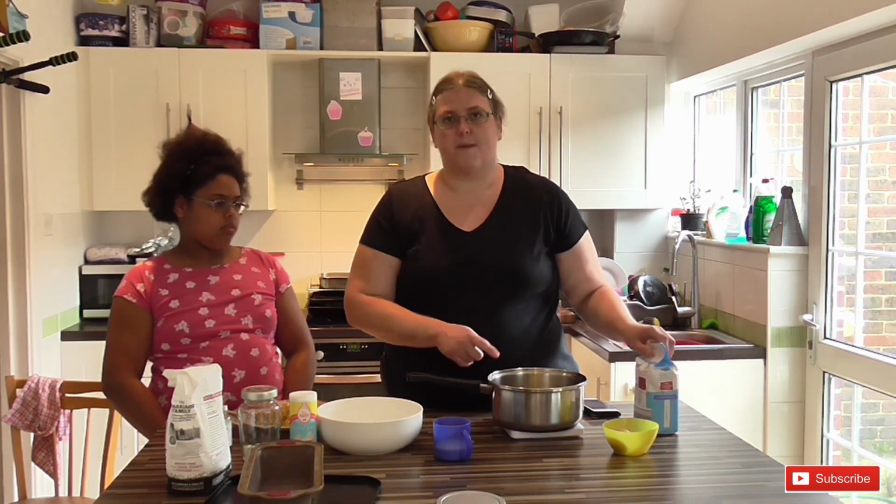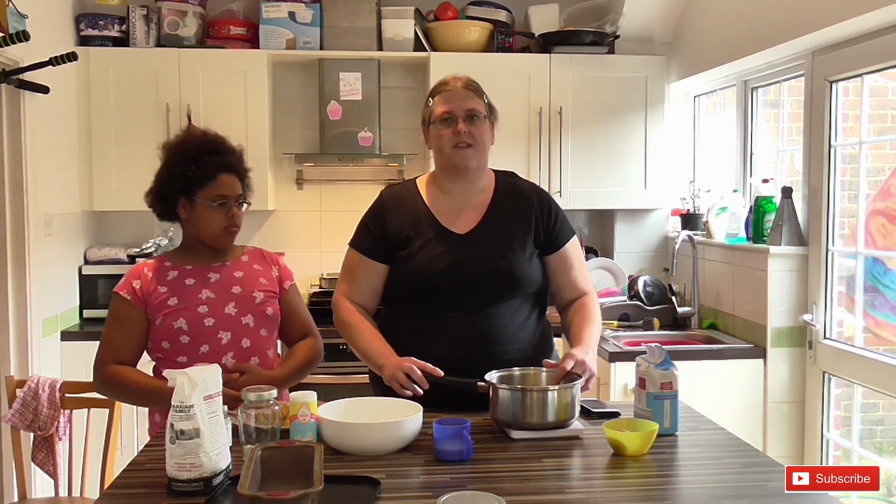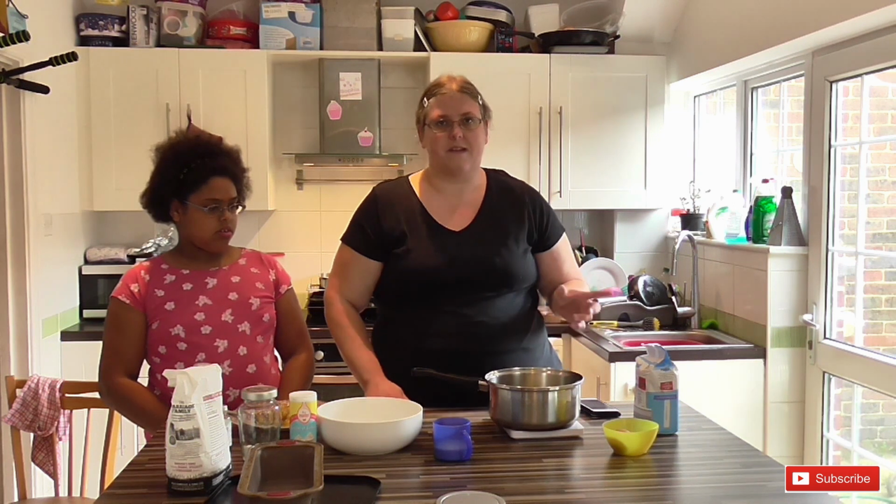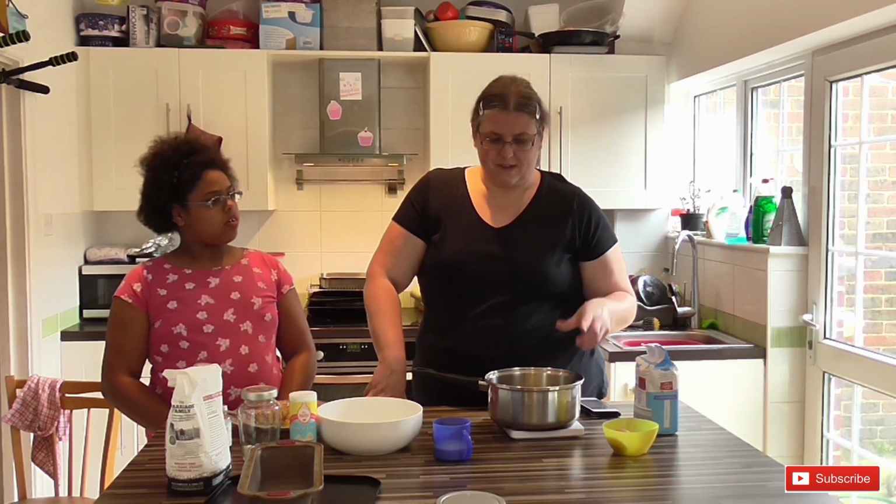I've got 125 grams of butter. Now this is actually butter that we've had for a while. I popped it in the freezer and I've just taken it out today. I didn't even leave it to defrost, I just chopped it in half because 125 grams is half of the British packet of butter, and just stuck it in the saucepan